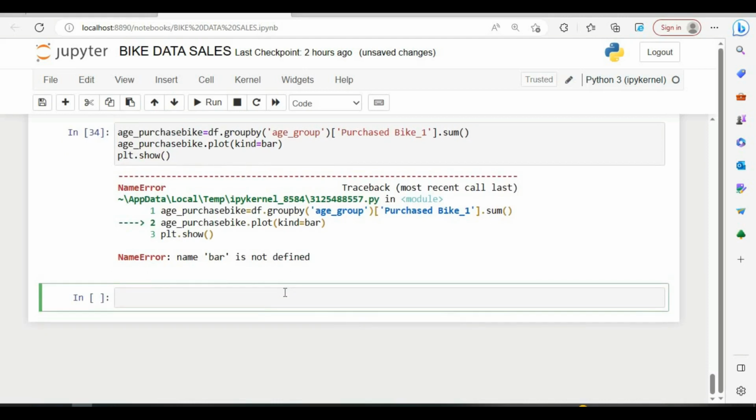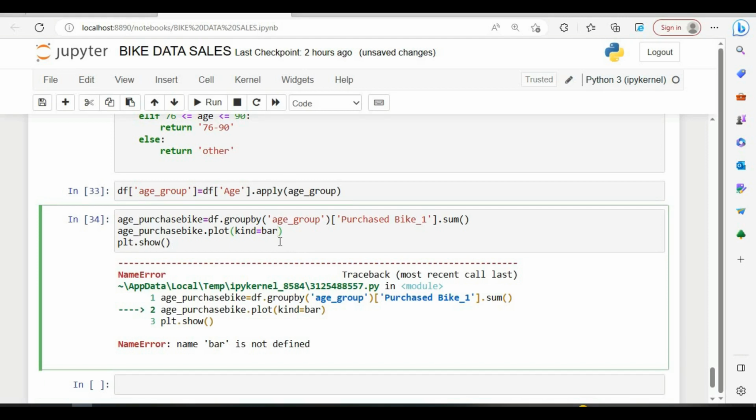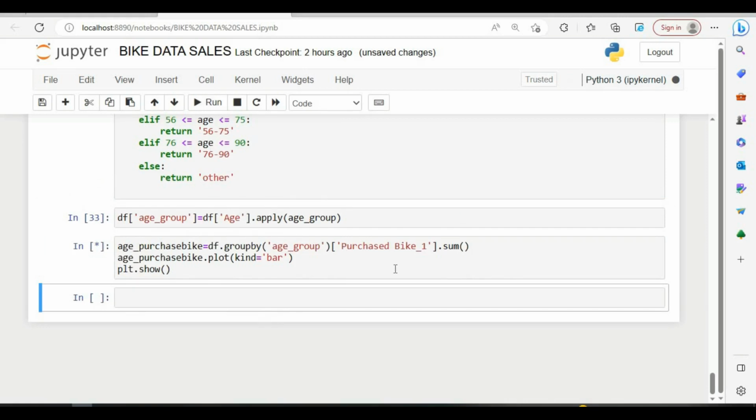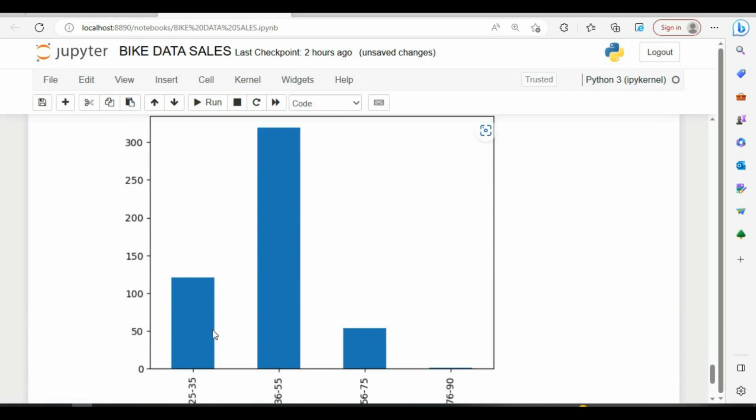It's showing bar is not defined, so we have to check where the problem is. Okay, bar should be in inverted commas, we haven't defined that. Then we will run this, so it will create a chart, and